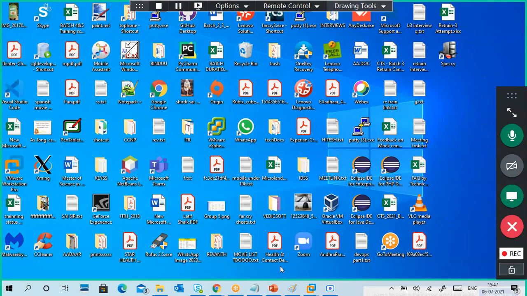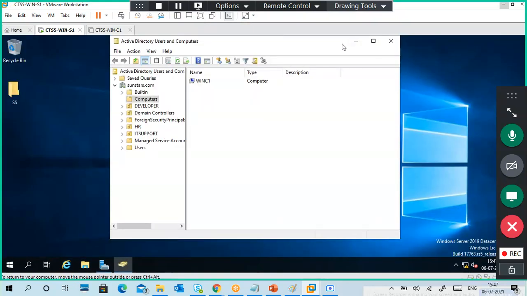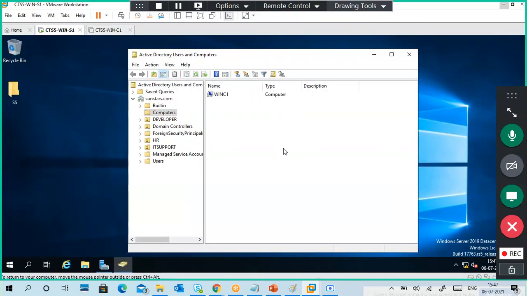Just I will show you the schema part. Not exactly the schema part, I'm not interested in that one. Just for example, I'm going to create a user. You can see my screen, right?